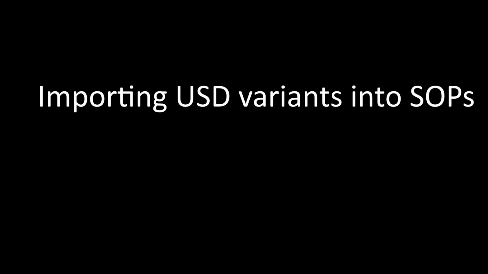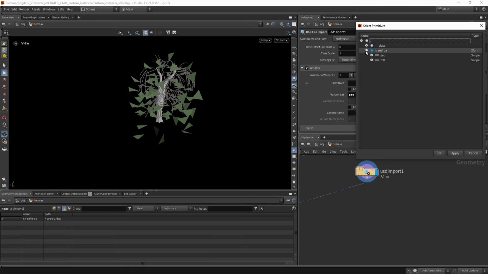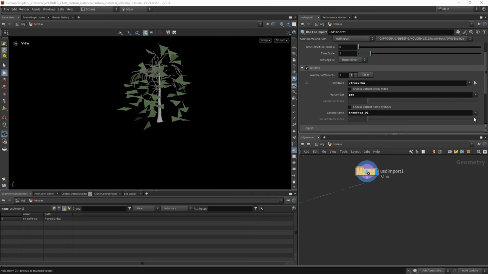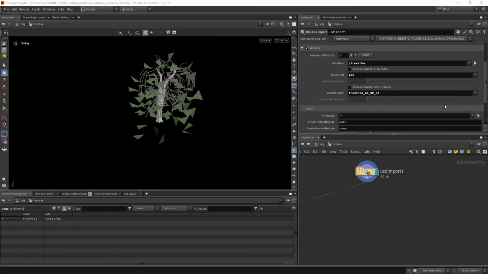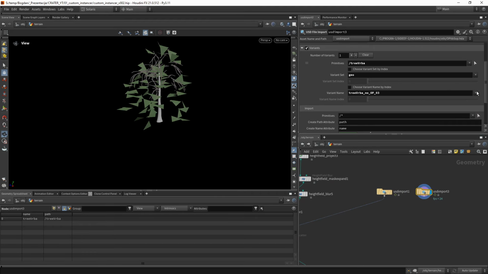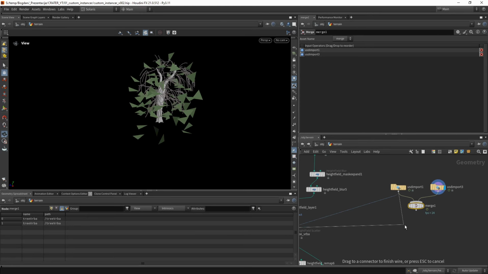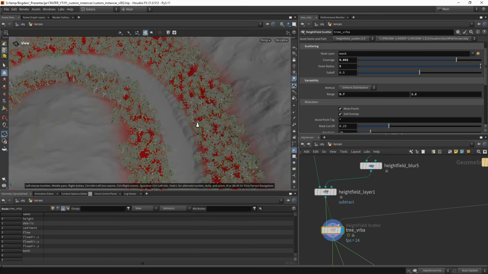So next, I'm going to talk about how to import USD variants into SOPs. So regular USD import node has ability to import variants, as you can see. So we can choose between the variants, and we can set variant set as well. And we can load both of these variants that we are going to use, merge them, and in height field scatter,